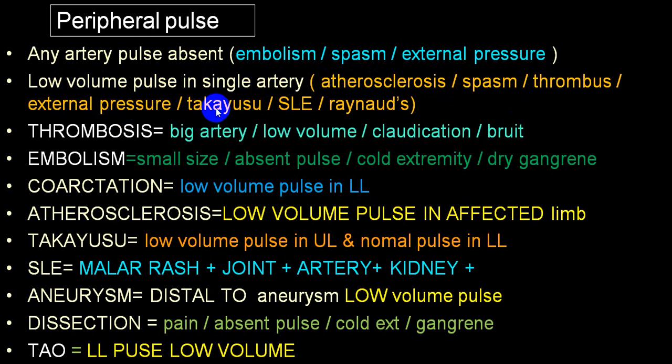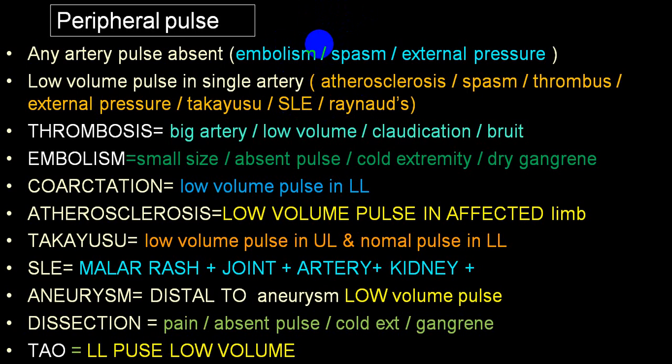If there is a pulse which is of low volume in the neck, say carotid artery, one of the diseases which can produce that is Takayasu, or in case of an SLE. And if a peripheral artery, distal artery, in the upper limb and in a female, Raynaud's disease. These are some of the things that may be asked to you in your oral. You should keep all these things in your mind.